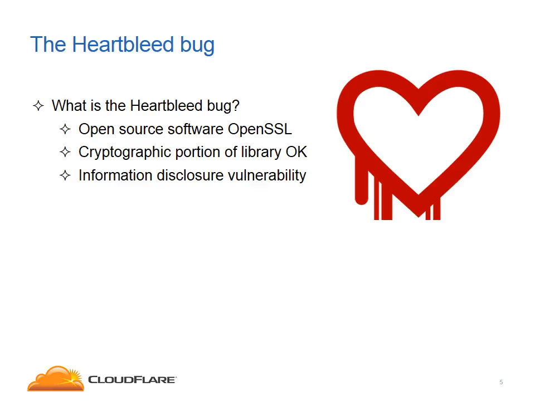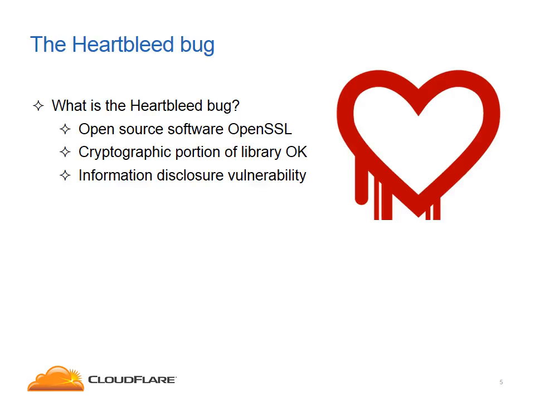Well, the Heartbleed bug is a software flaw, a mistake that was made in a piece of software called OpenSSL. Now, OpenSSL is the cryptographic library for many, many websites. For example, around 70% of websites use OpenSSL for its cryptographic portions. So when you access a site that starts with HTTPS, then you get a little lock in your address bar. That means that the site is encrypted and all the communication between you and the server is sent over a secure